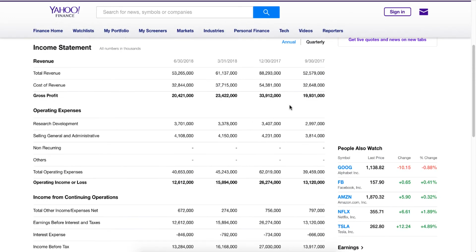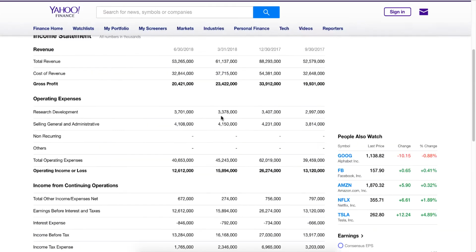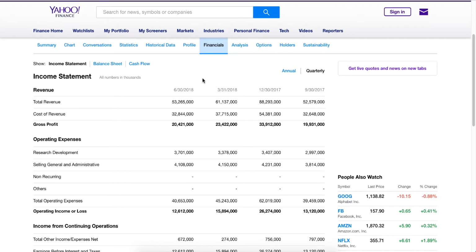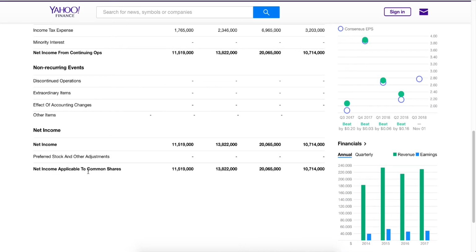And so the first thing to notice is that we want to be calculating the PE ratio and the EPS based on a trailing 12-month period. So it's basically the last year from now. And this gives us a better picture, right? Instead of calculating it for the last fiscal year, for instance. And so what I like to do is generate a sum of how the company did in the last 4 quarters. And what you want to be getting here is the net income applicable to, sorry, the net income, which comes after over here,